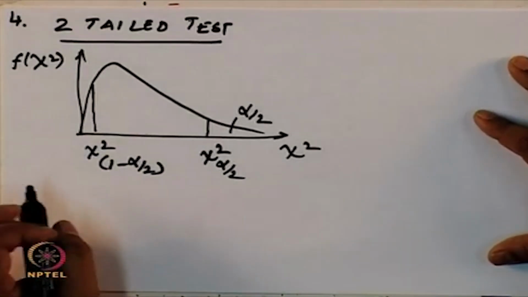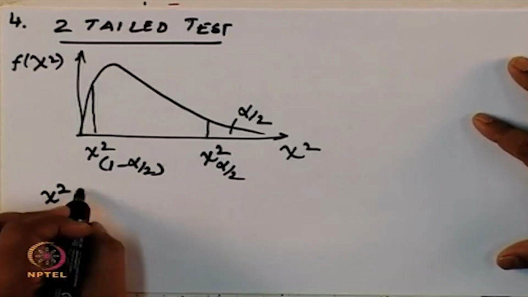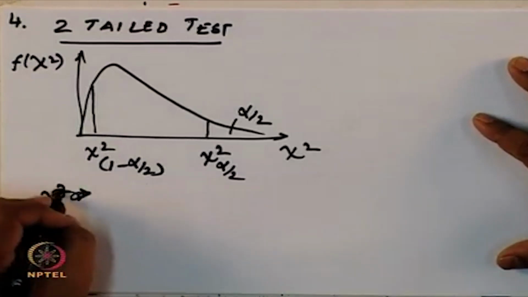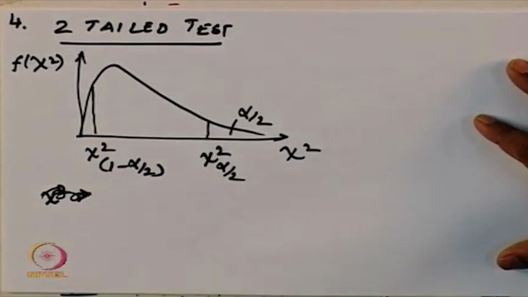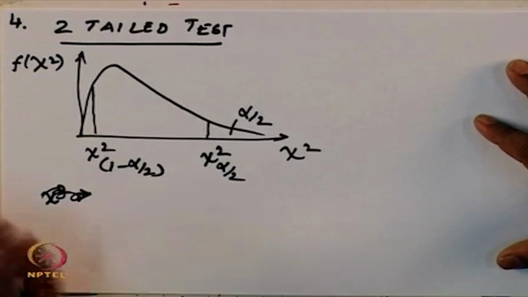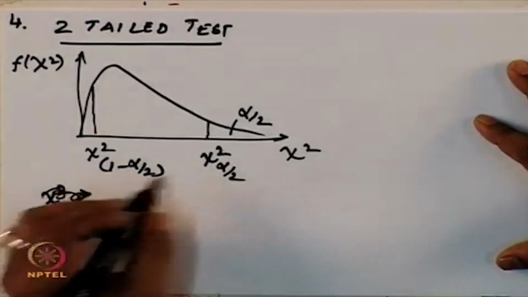If your chi-square value is either greater than chi-square of alpha by 2 or less than chi-square of 1 minus alpha by 2, you accept your alternate hypothesis. Now, the confidence interval for the variance, given for a two tail test,